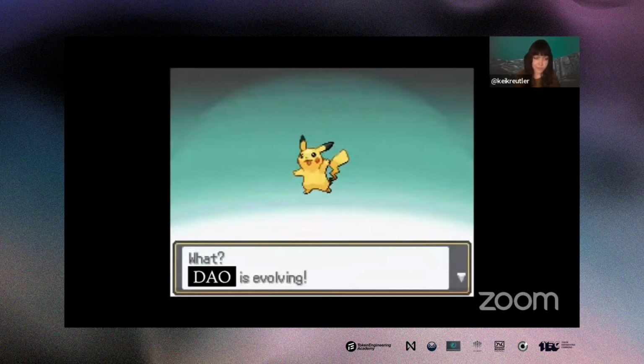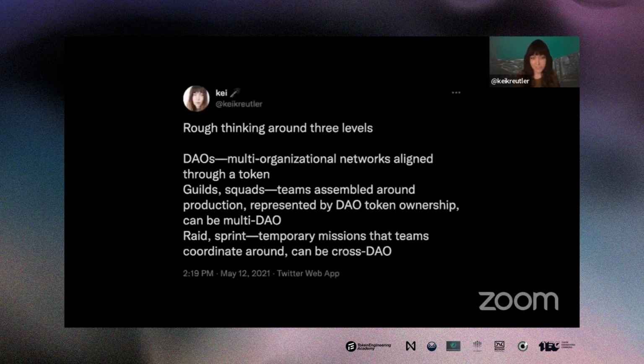So in short, Zodiac enables DAOs to be living, breathing, and evolving organizations in a way that existing DAO platforms do not. Or in other words, DAO is evolving. And allowing DAOs and sub-DAOs to coordinate across multiple teams and different levels of social trust.